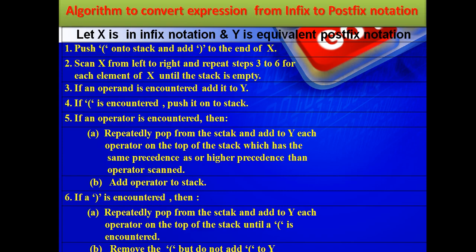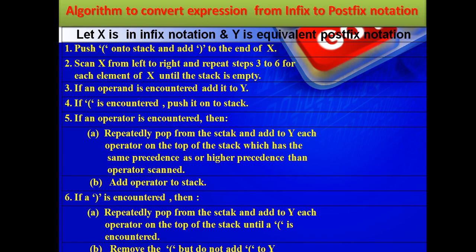Now, when you start scanning from left to right, you may get an operator. In the meanwhile, there may already be one operator present in the stack due to the previous steps. Let us assume that one operator is on the top of the stack and the element you have scanned is also an operator. Now, what do we have to do? This is the most important step in the algorithm. An operator never goes directly from the input to the output. We always get an operator into the output y via the stack only.